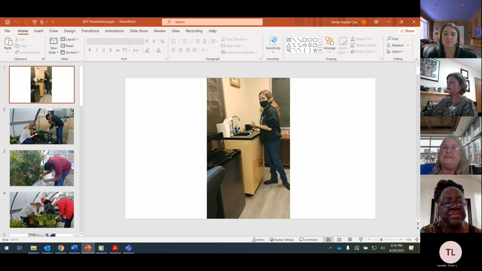Okay, so here she's cleaning her hands. We do have a food safety program as part of it, and they learn all about the germs and safety with knives. They learn how to cut and chop and all that good stuff. But definitely they learn about all the germs and things when dealing with food.